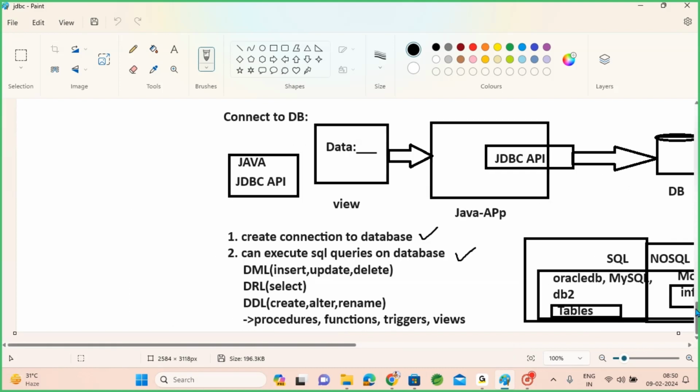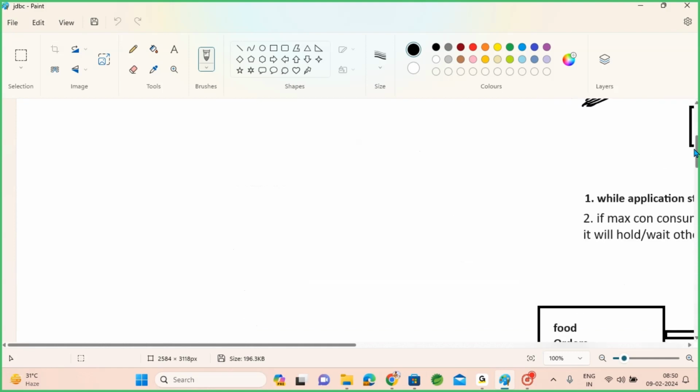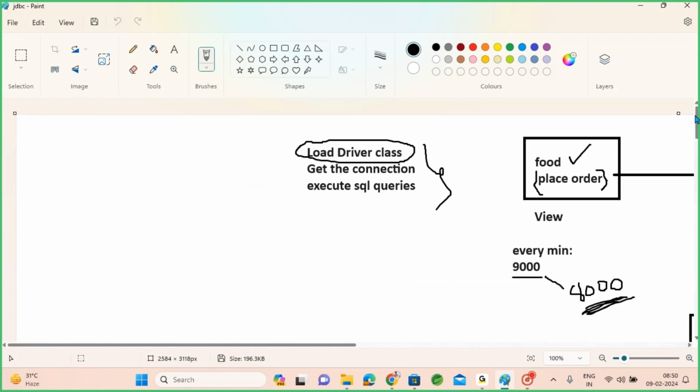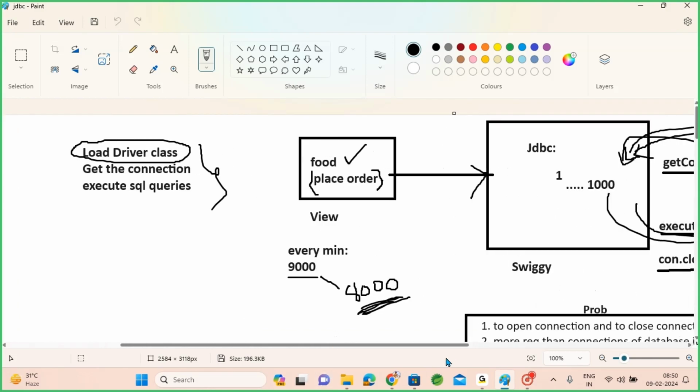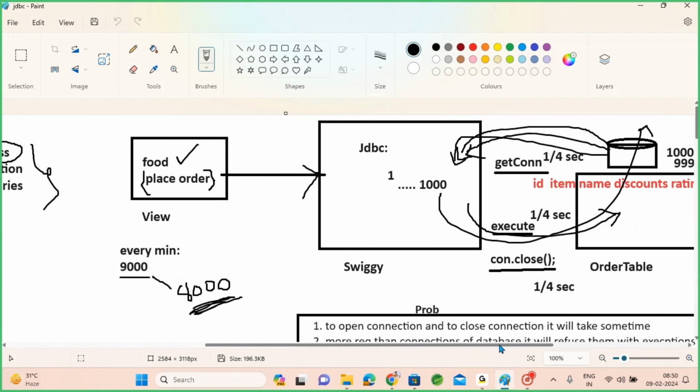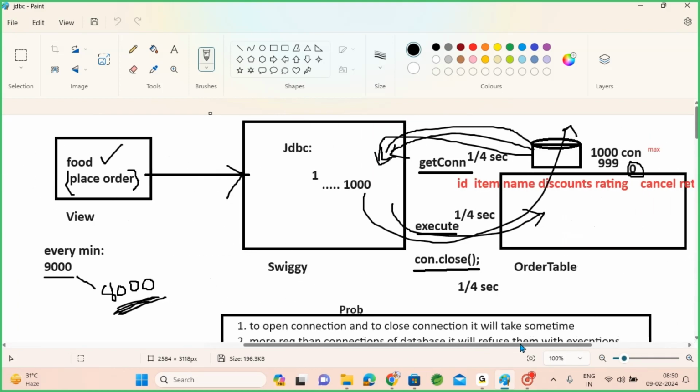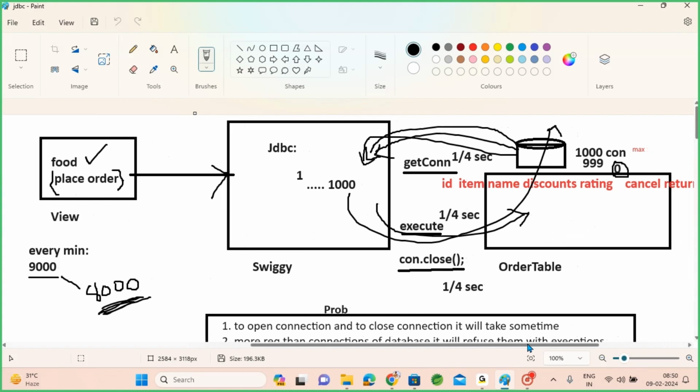And now, generally, how will we connect while using JDBC? I'll give a simple example. I want to place a food order. Consider the Swiggy application using JDBC only, direct JDBC to fetch connections, execute SQL queries and close connections. If pure JDBC API is used to open a connection, execute a statement and close the connection,